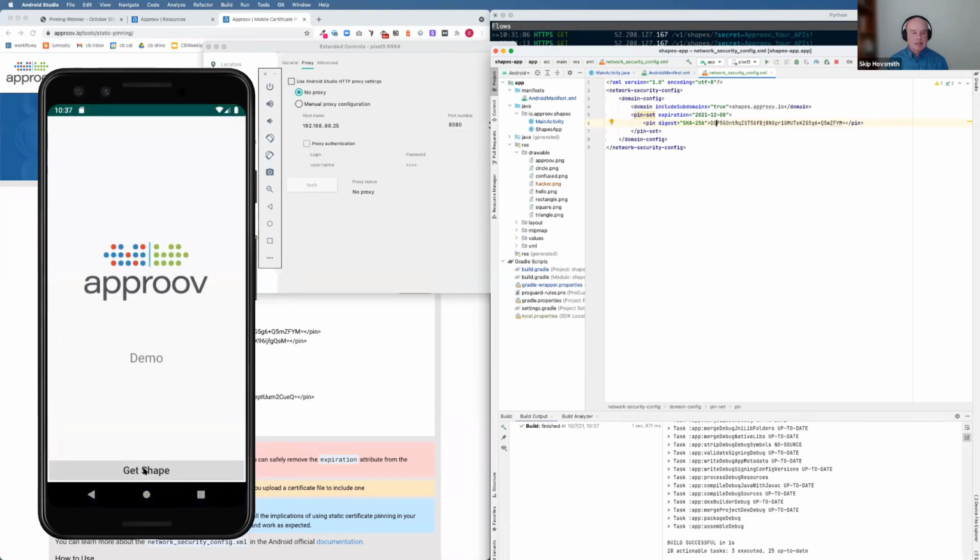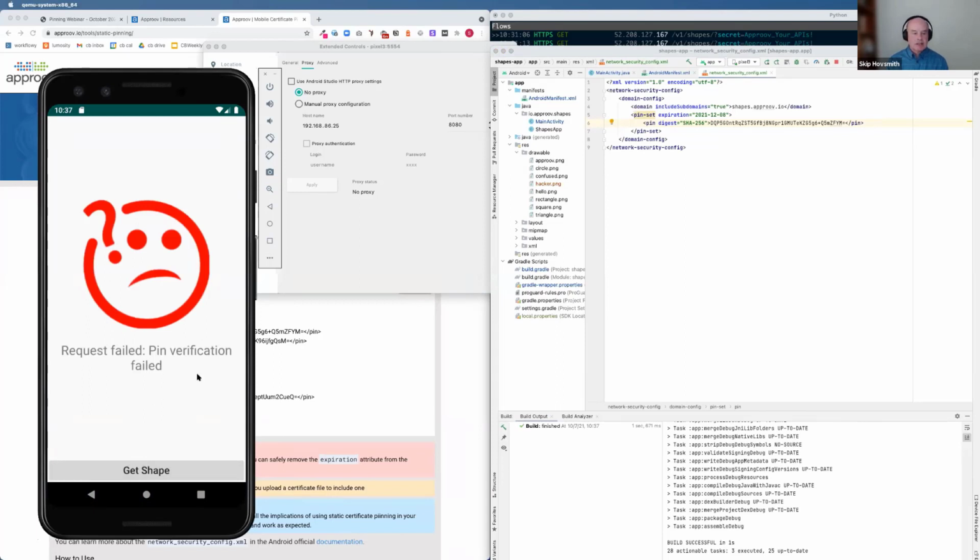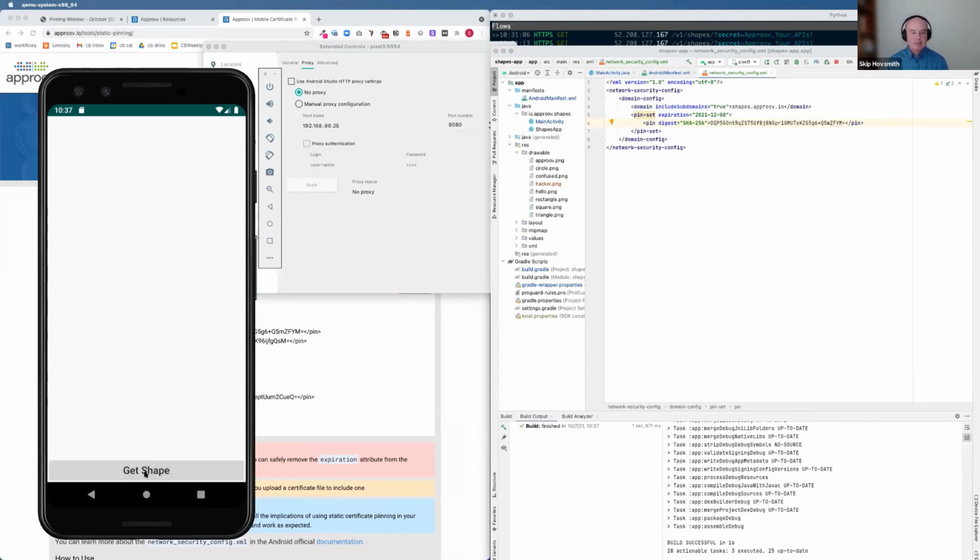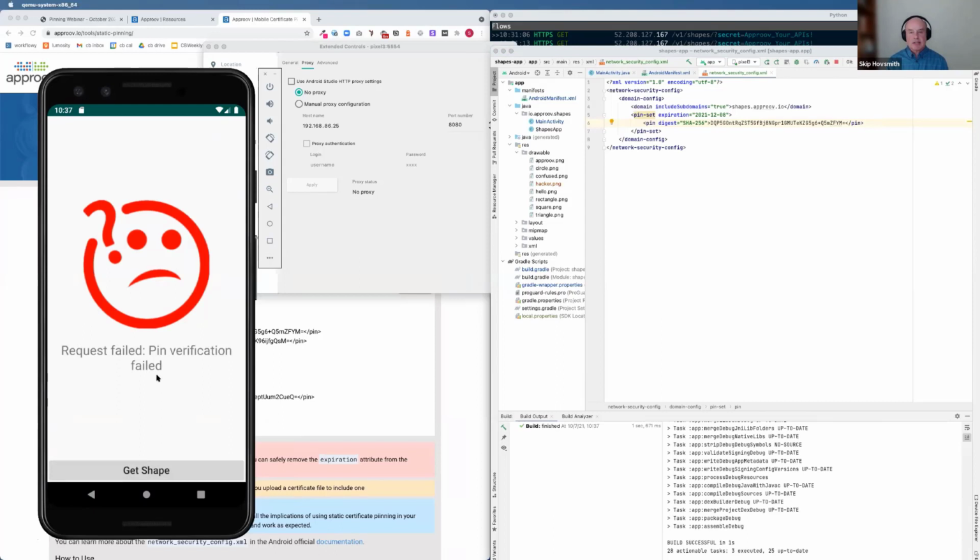And go ahead and communicate now back to the shape server. You can see, unfortunately, that the pin verification is failing because the certificate that's being expected does not have the proper signature. This would also occur if a certificate is expired potentially. You would not get through. So it just shows that there is a maintenance thing.